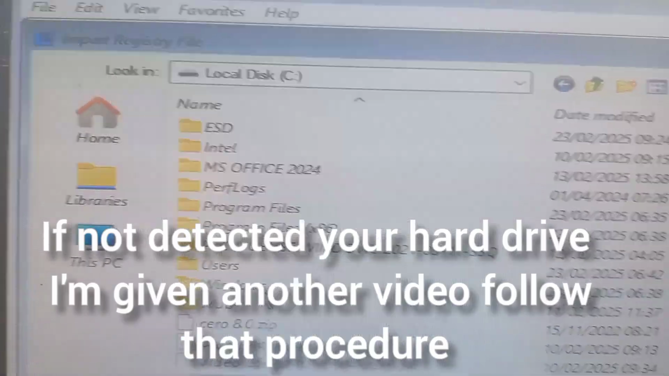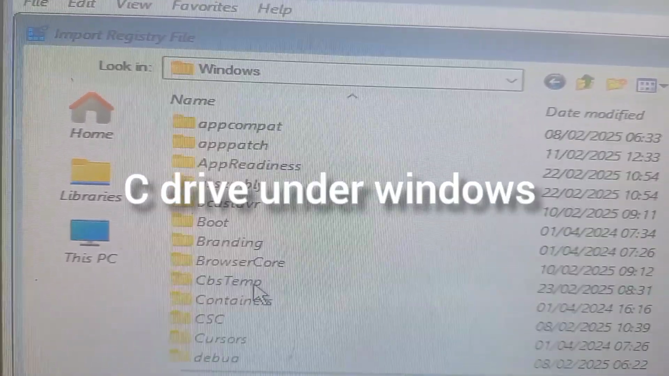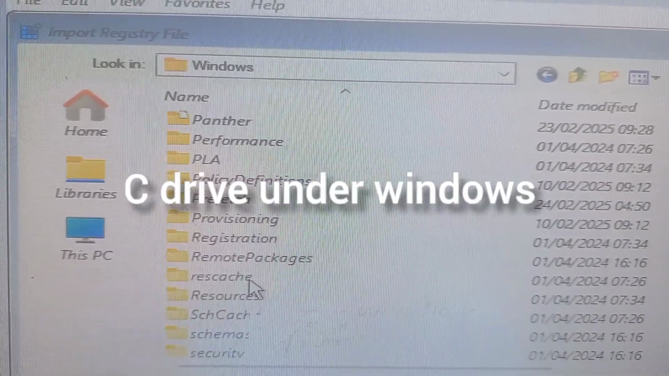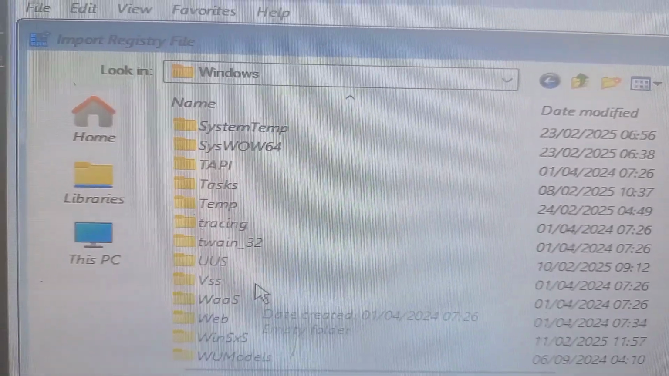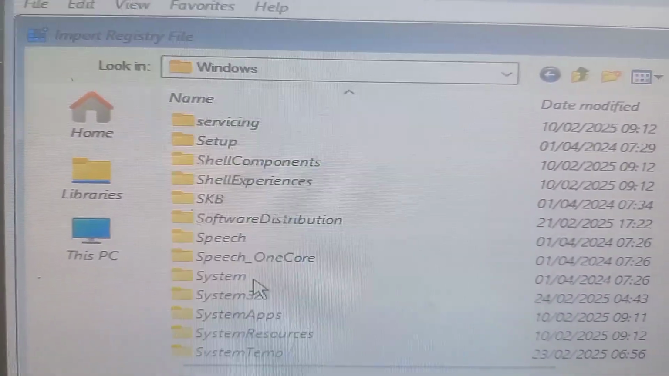we have given another video; go and do this kind of procedure. Okay, if this place does not come up afterwards,